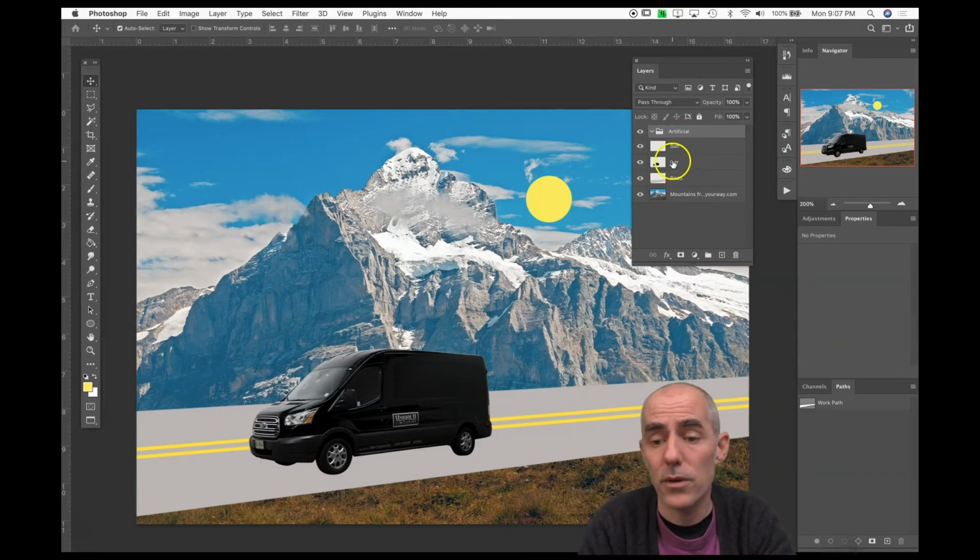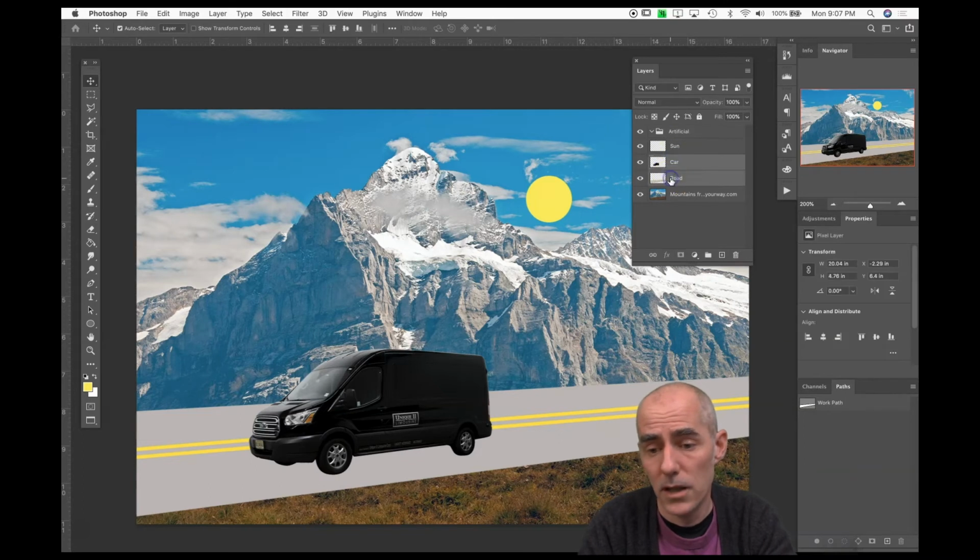Right, so it's my artificial things. What's artificial in here? Well, a car and a road. That's what's artificial. So I want to put those inside of this little folder. To do that, I select both of them. Right, I can select them both by holding down the Shift key as I click on them and then drag them up into